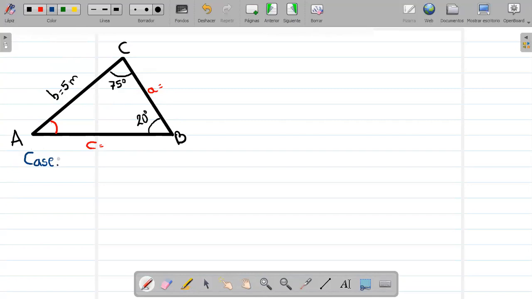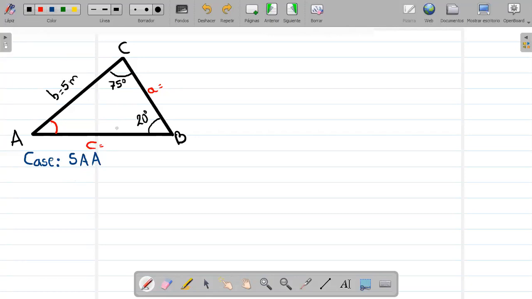What's the case that we have in here? Side, angle, angle. Side, angle, okay? One side and two angles. And probably someone's saying, yeah, but there's another case that has one side and two angles, and it's angle, side, angle. Yeah, but in that case the side is between the two angles, and to have a situation like this, we should know side A, and it's not the case. Because we know the side B, which is not between the two angles, so it's not that case. The case is side, angle. And as you remember, side, angle